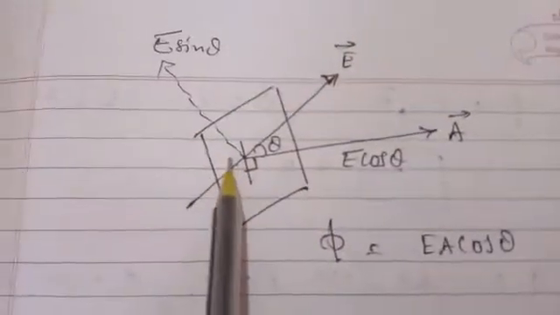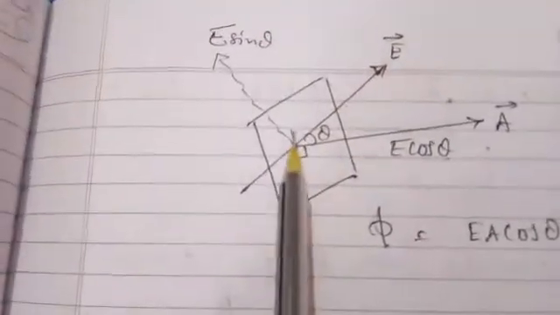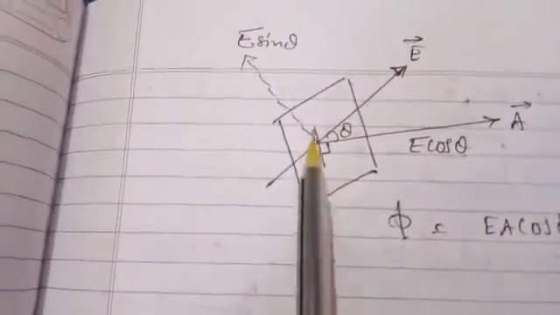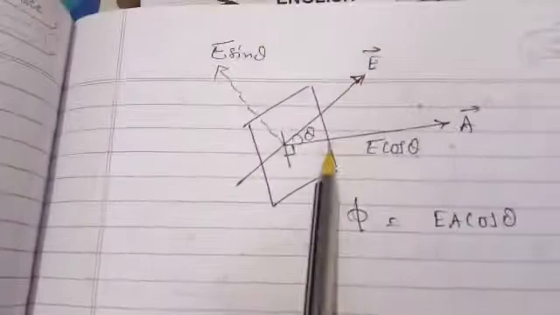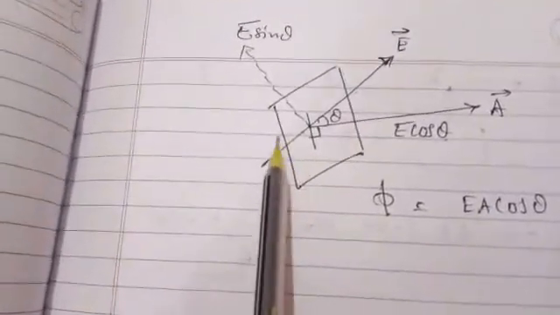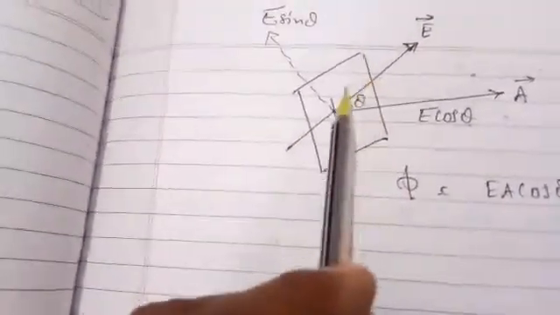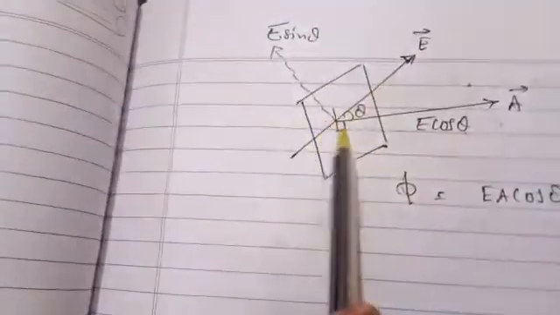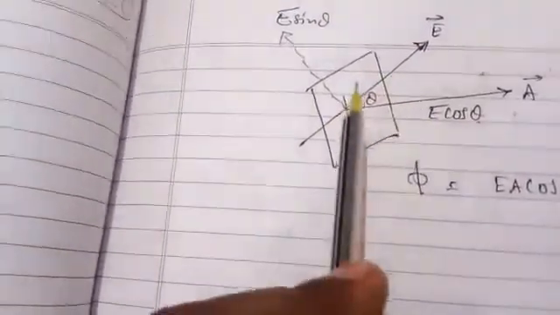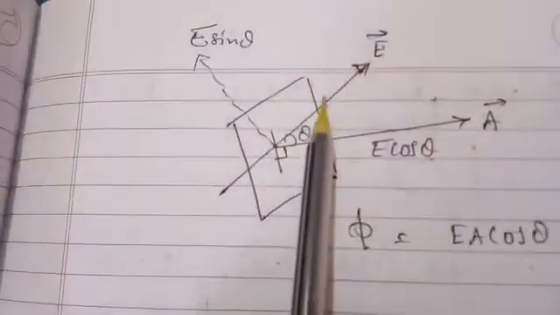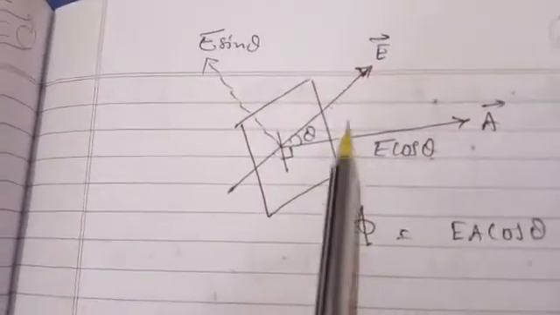So far we have understood how to calculate the flux from a given surface kept in an electric field making an angle theta with the area vector of the surface. How is that possible? Because the electric field is making some angle with the area vector, which means the electric field is not perpendicular to the surface at all. So if we resolve it into its components, what do we get?